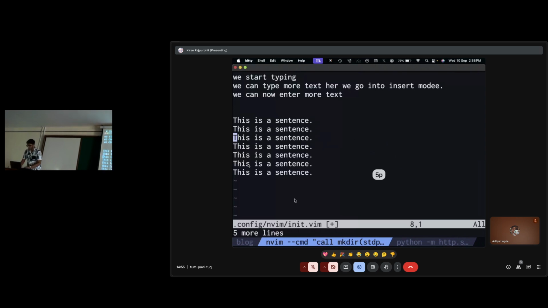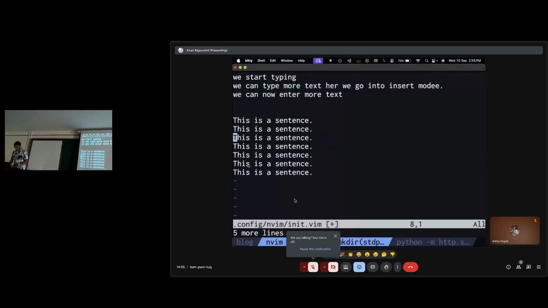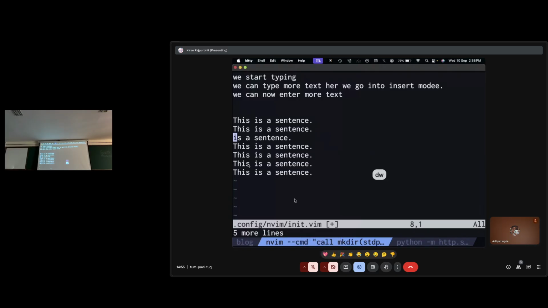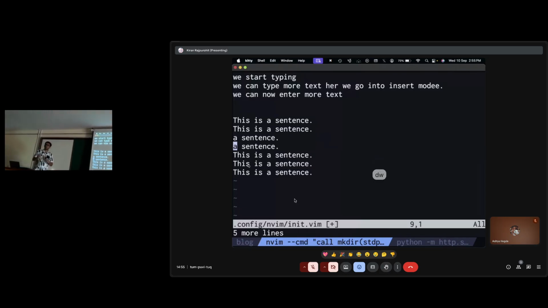So I can do 5P, so paste the same thing 5 times. I can do this with deleting as well, right? So I can say I want to delete 2 words. Say all I want to do is DW followed by DW. Rather than doing DW twice, I can just say 2DW. So most of these operators take a count. And this is common across all of them, right? You give some count, give some verb, and some motion that you want to perform. Make sense? Yes, no, maybe?